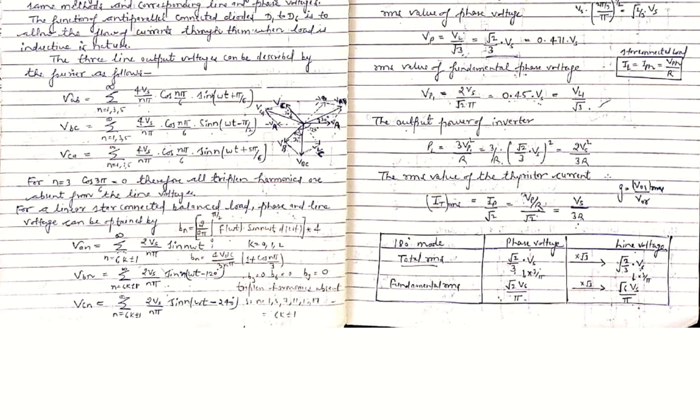So in three phase case, G equals 3 by pi. If we multiply the overall RMS voltage value by 3 by pi, we obtain the fundamental RMS voltage. So the total RMS voltage, root 2 by 3 into Vs, multiplied by 3 by pi, gives the fundamental RMS. Similarly, in case of line voltages, we obtain the fundamental RMS. So we have to learn only one formula, the phase voltage RMS, root 2 by 3 into Vs, multiply by root 3 to obtain the line voltage, and multiply by 3 by pi to obtain the fundamental RMS. In this way, we will do all the calculations here.